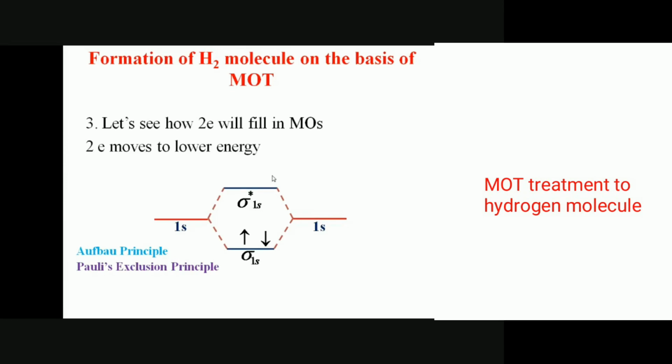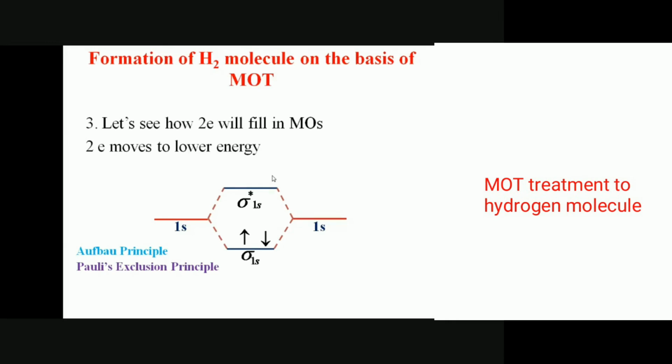Now, all the postulates we followed in the hydrogen molecule formation. The first postulate is that the energy should be comparable. Yes, we have taken two hydrogen atoms with the same energy level. Then they mix together to form different molecular orbitals. Then they will have energy with respect to the atomic orbital. Yes, when they mix together, they will have two energy levels, one lower energy level and the other higher